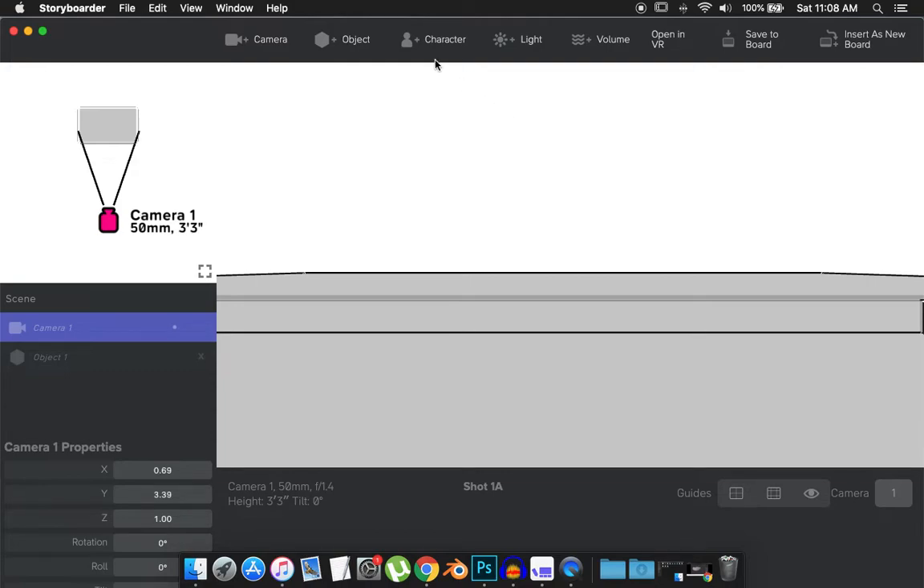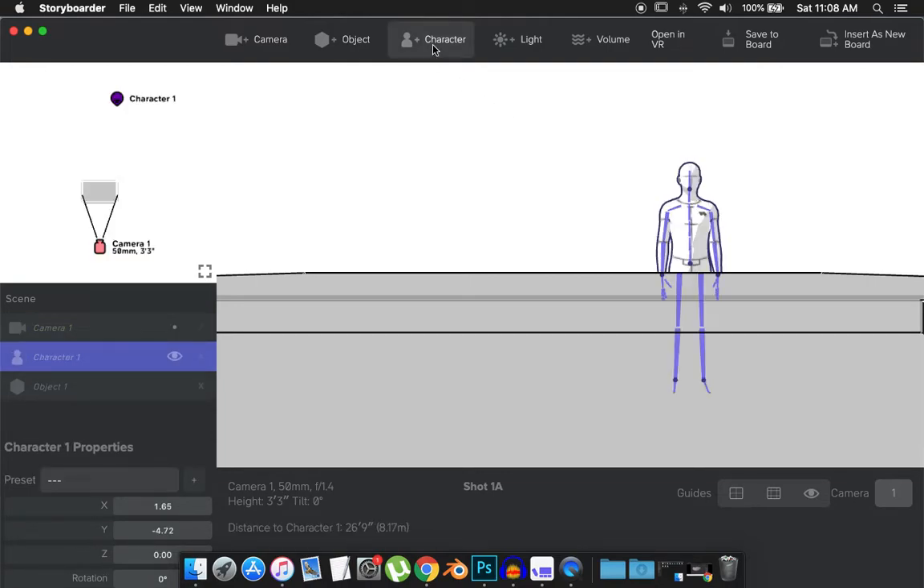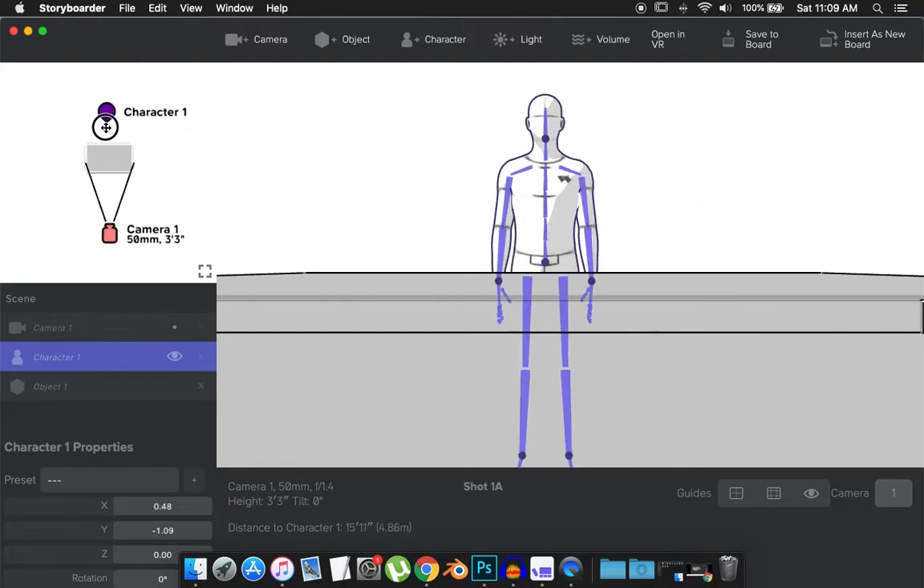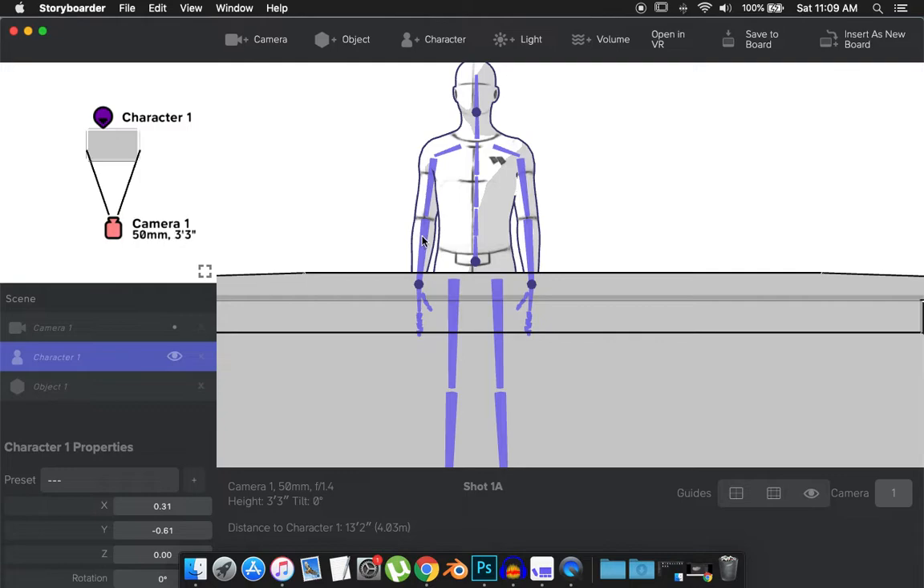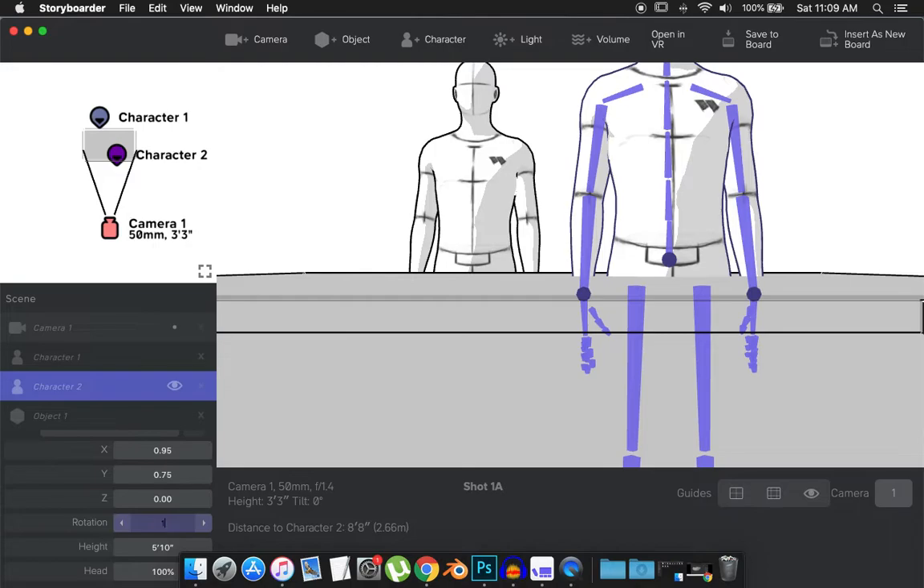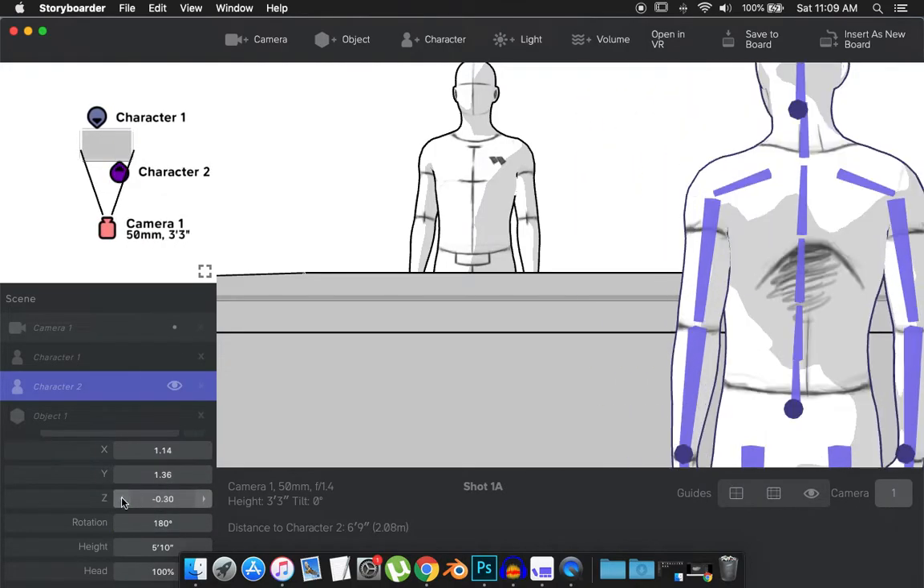Now I'm going to start adding characters. So you want to click on character and it'll add a character back there. So we're going to move him forward. Now this itself is a rig. You can move it around, do all fancy stuff with it, but for the sake of the tutorial, I'm just gonna keep it very simple. And move him closer and rotate him 180 degrees. Move him down a bit, and that's it. I'm done here. So you want to go save to board